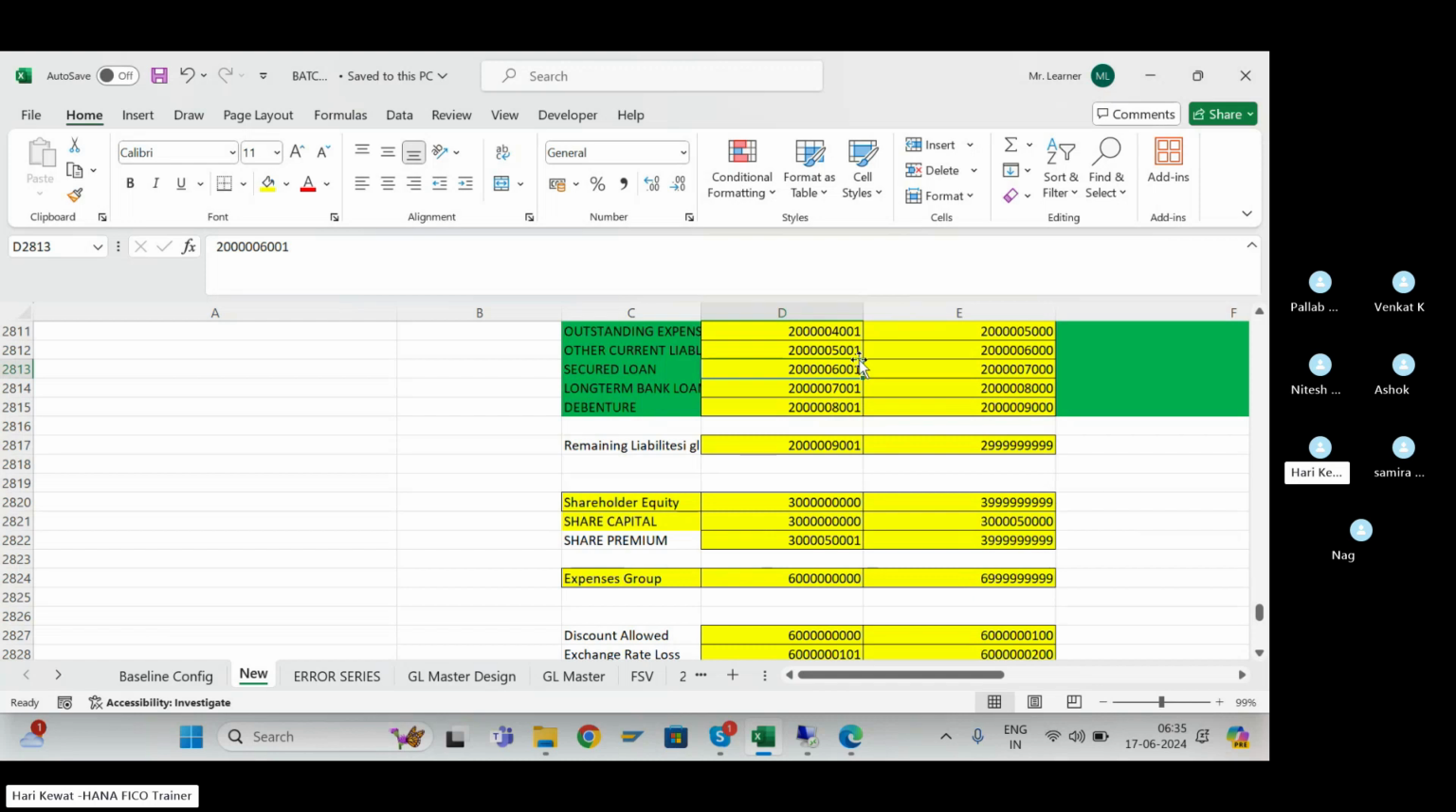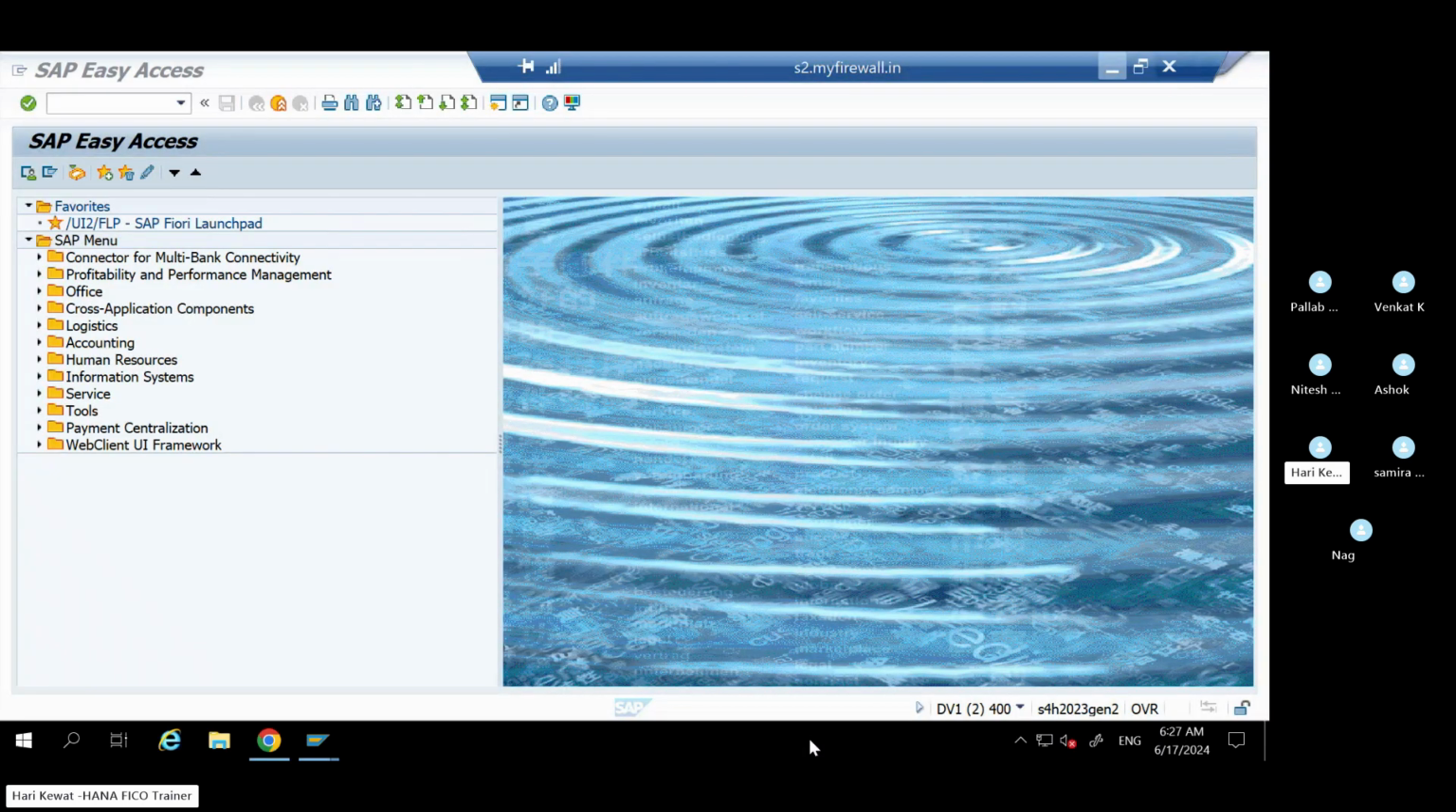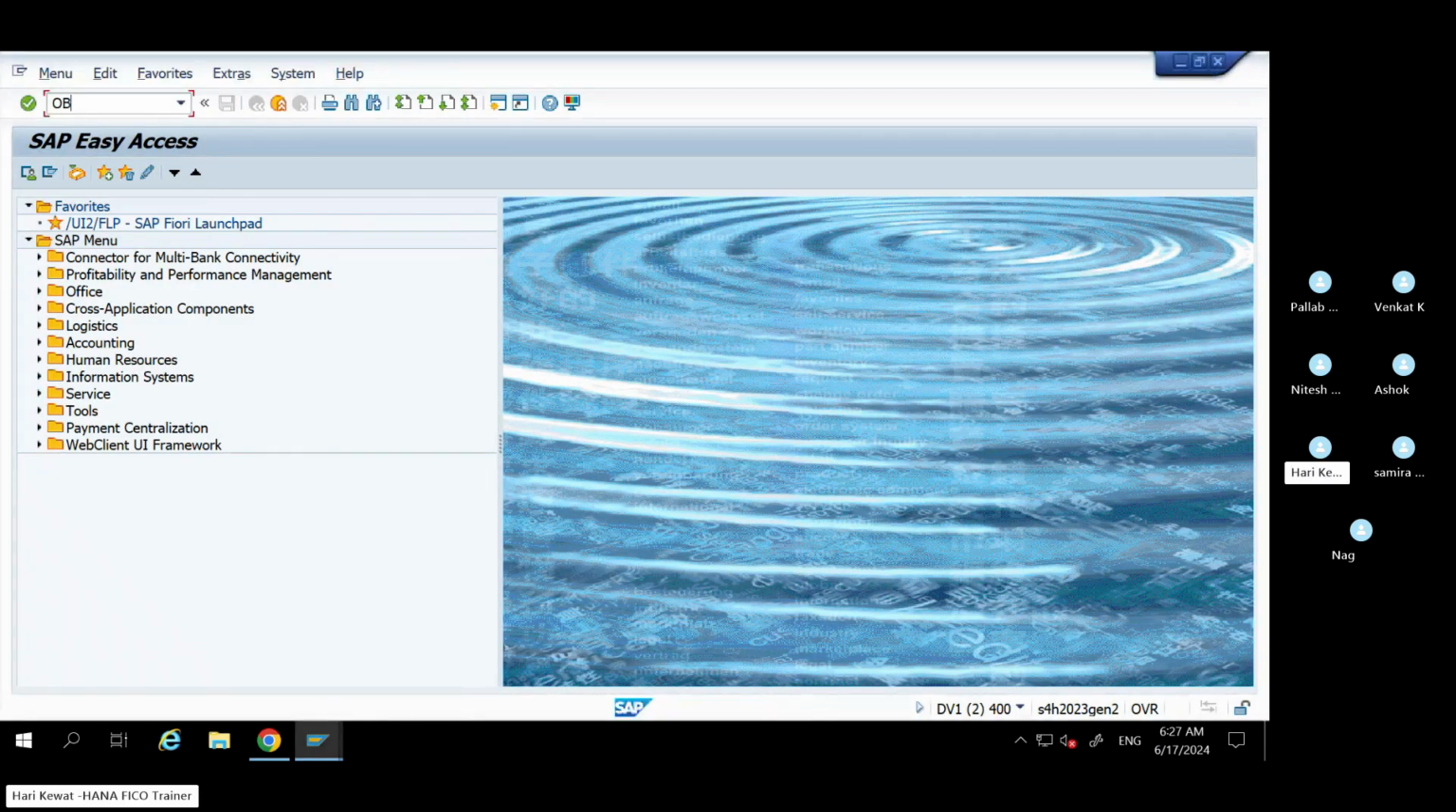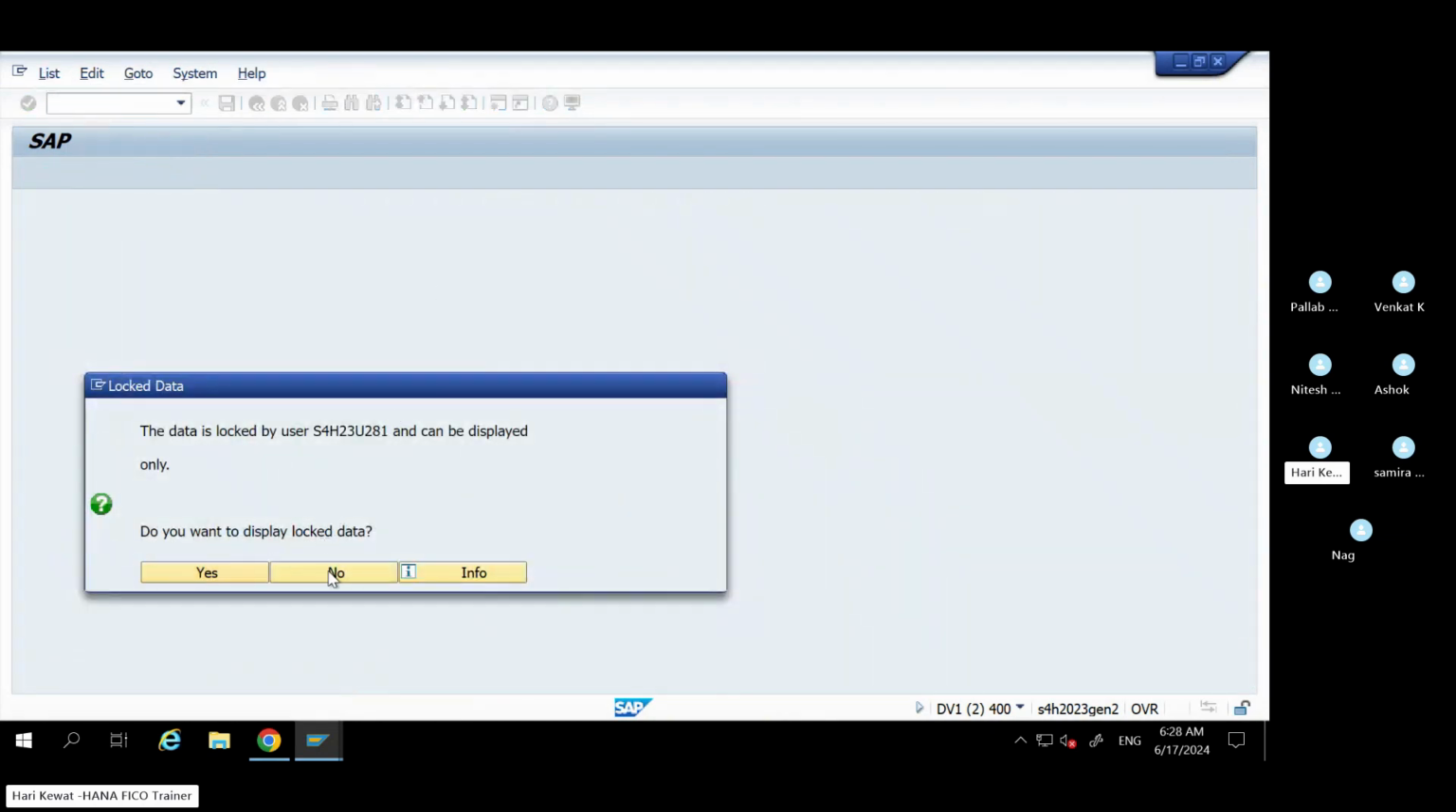One way, obviously, is that once you run the financial statement, if the correct figure, the correct value, is not coming, you'll get to know. But before that, if you want to know whether all your GLs are mapped or not, how can you identify? So here you have an option, and sometimes in interviews also they ask this. Okay, so you are going now to OB52,